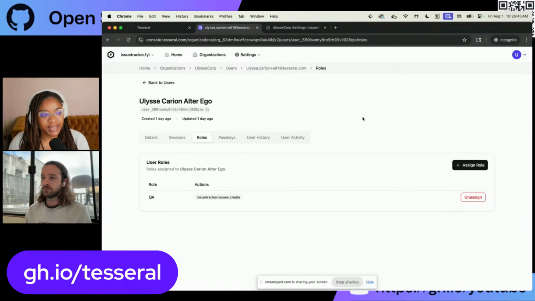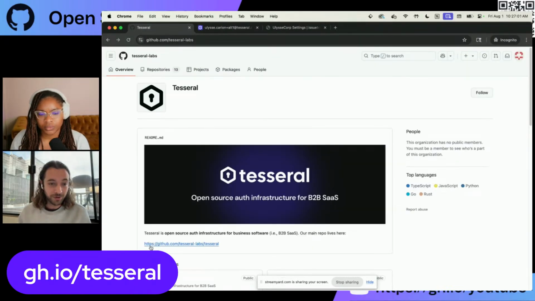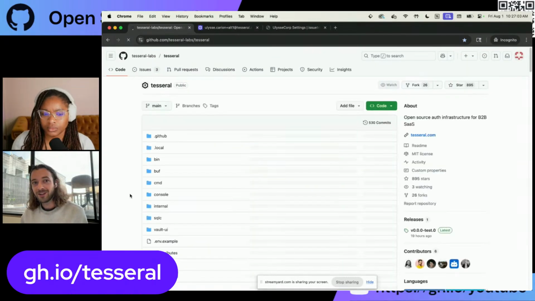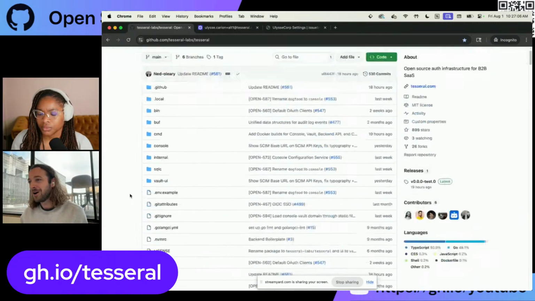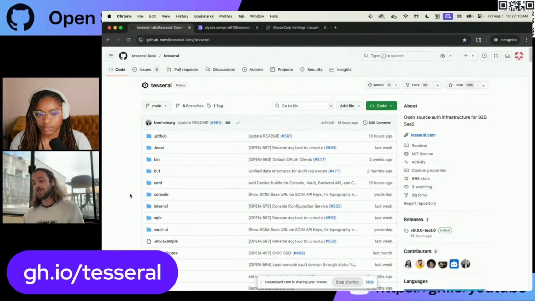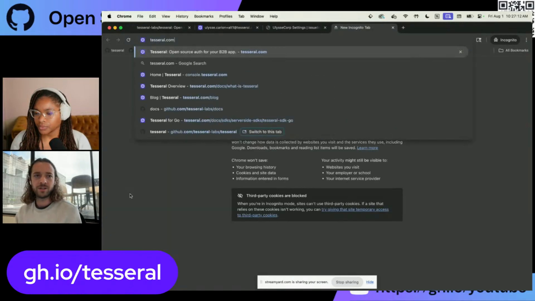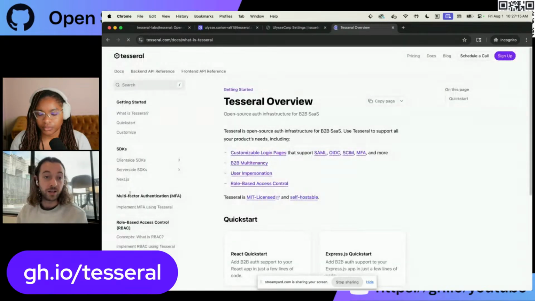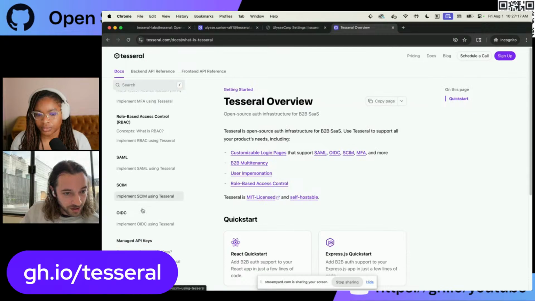So I'm curious what type of storage or backend option Tesseral supports, if that's even something that you support. Yeah. So under the hood, Tesseral is open source software. Just to bring it home, here's our repo. We love it a lot. And everything we do is self-hostable. So in fact, I'll just pull up the docs for this, in case you're the sort of person who thinks in terms of,